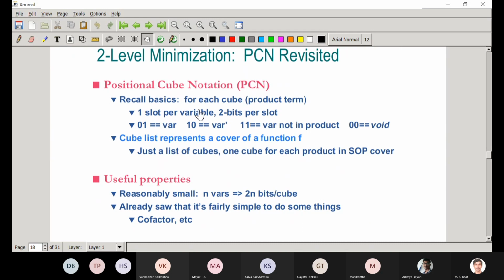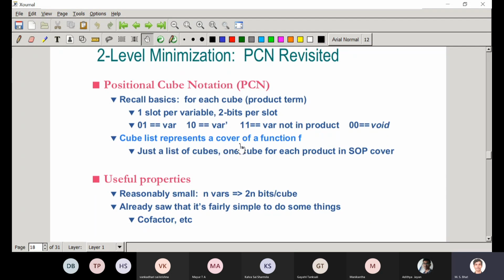Positional cube notation, we saw this: 1 slot per variable, 2 bits per slot. 0 1 implies variable, 1 0 implies variable bar, 1 1 implies variable not in that product term, and 0 0 means void.